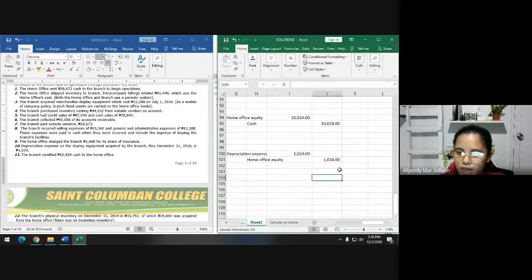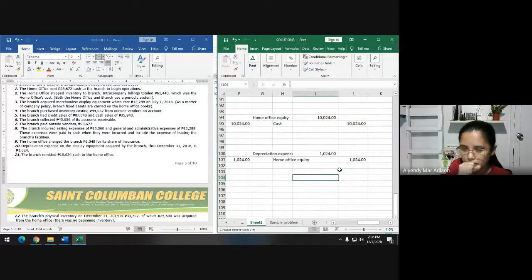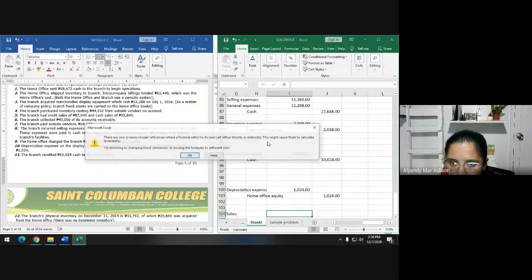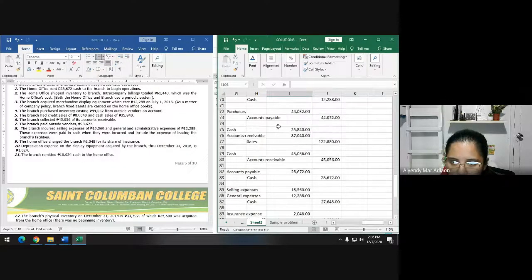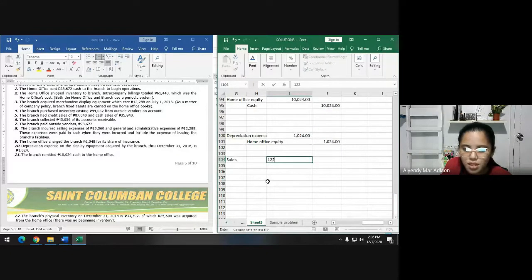Okay, so unsa may closing entries ni branch? Di ba atong gibuhat ganiha sa agency home office, tagsa-tagsa nato, to close the sales, to close the cost of goods sold, to close the expenses. Kani ato alang isagol. Okay? So first, to close the sales. How much is the sales? So we have sales of 122,880. Okay? So next is to record the